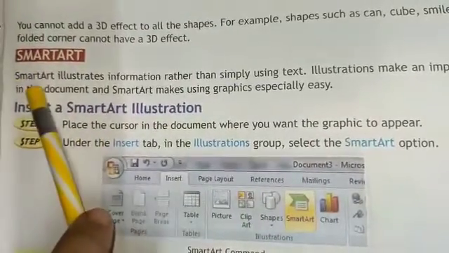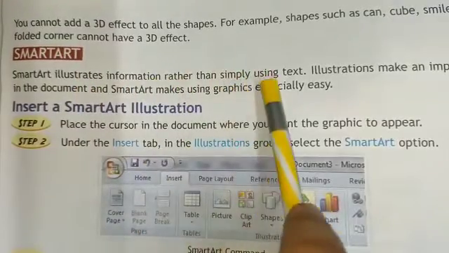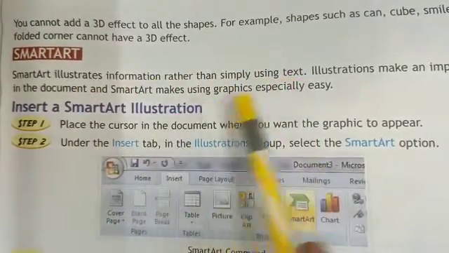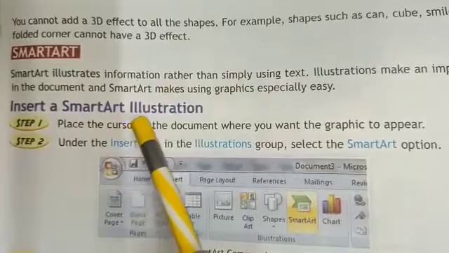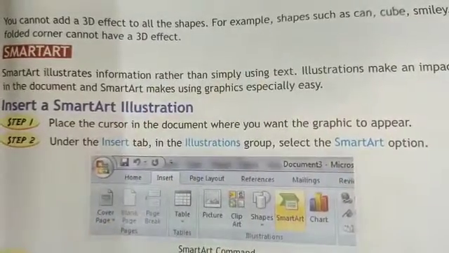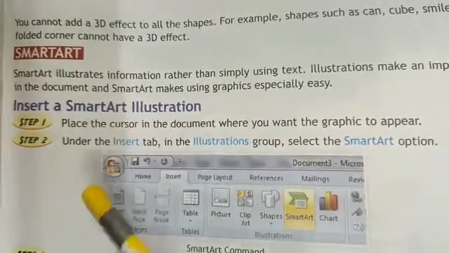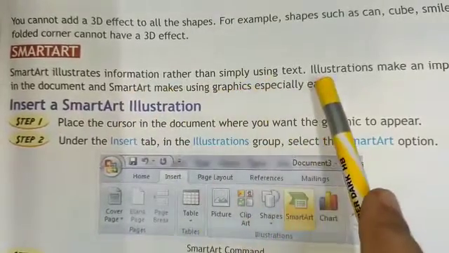Next, SmartArt. SmartArt illustrates information rather than simply using text.